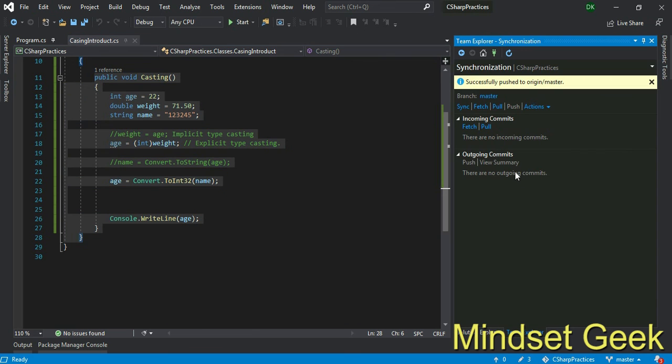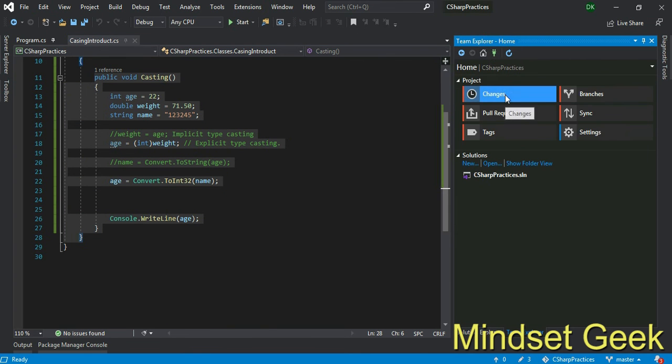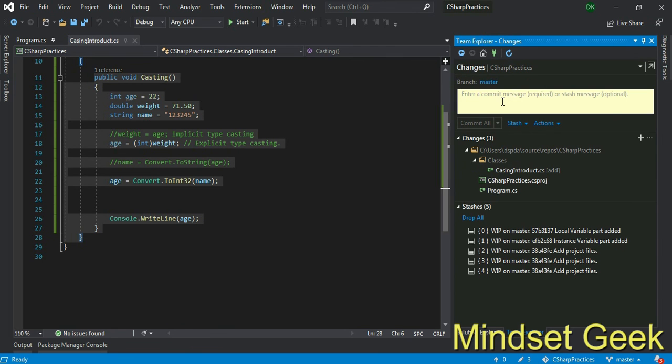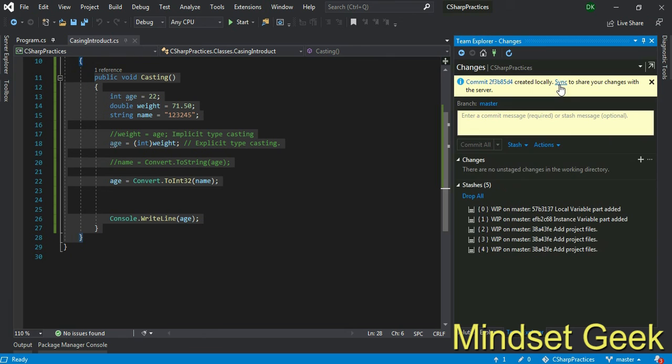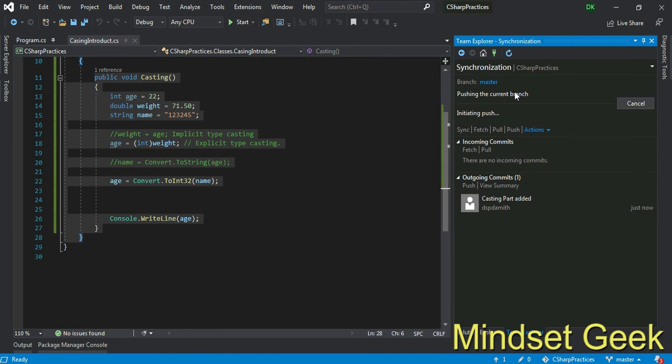Okay, let's commit your changes. Casting part added. Commit your changes, sync and push, right? Okay, that's it for this lesson. Let's move into next